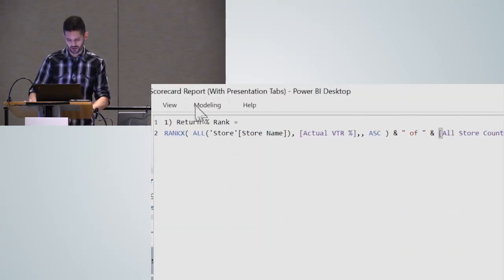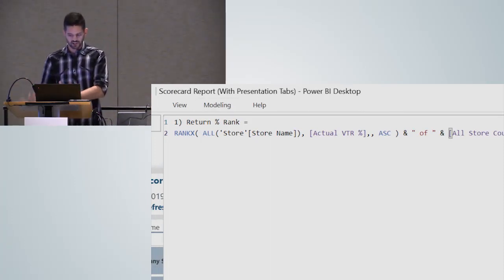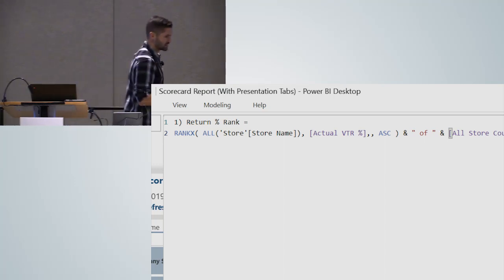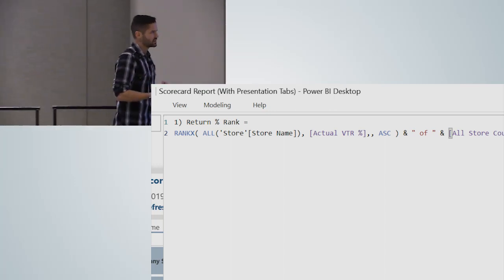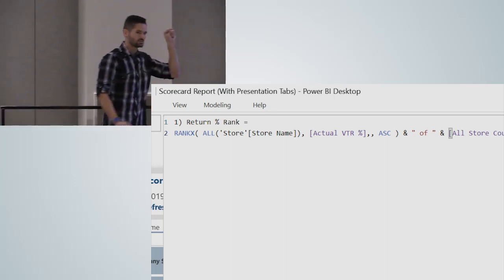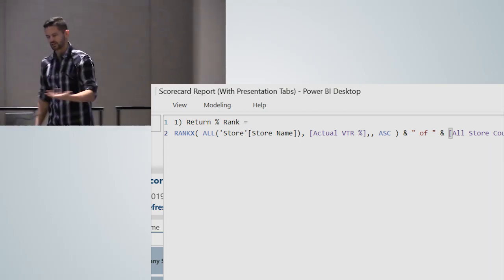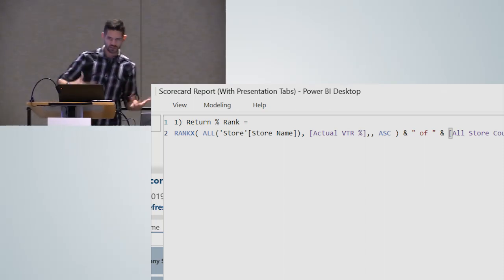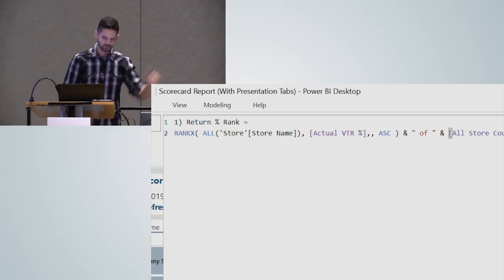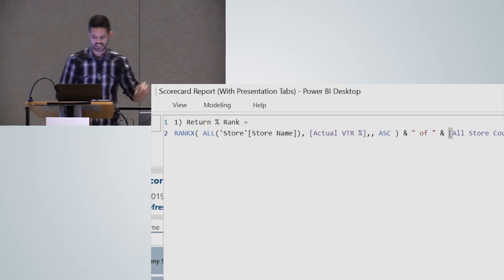We'll start with the simple, kind of work our way out. But all I'm doing is I'm returning the rank of this store for that specific metric against the rest of these. I want to preface this conversation as well with the idea being that because of how customized this report needs to be, I did need to write each of these individual measures. And that was something that I discussed with the client and they wanted to be able to do. But the more you customize, it's just natural that you will need to provide more development against it. So I am reviewing just 1 row with you of this one, but the same things were basically made for all the other rows. But we're just going to look at 1 measure of each type in here.